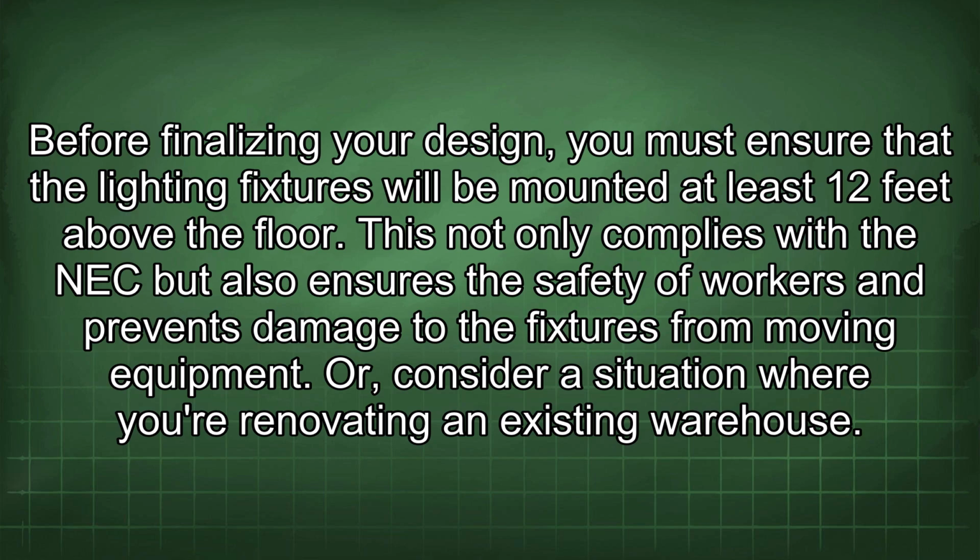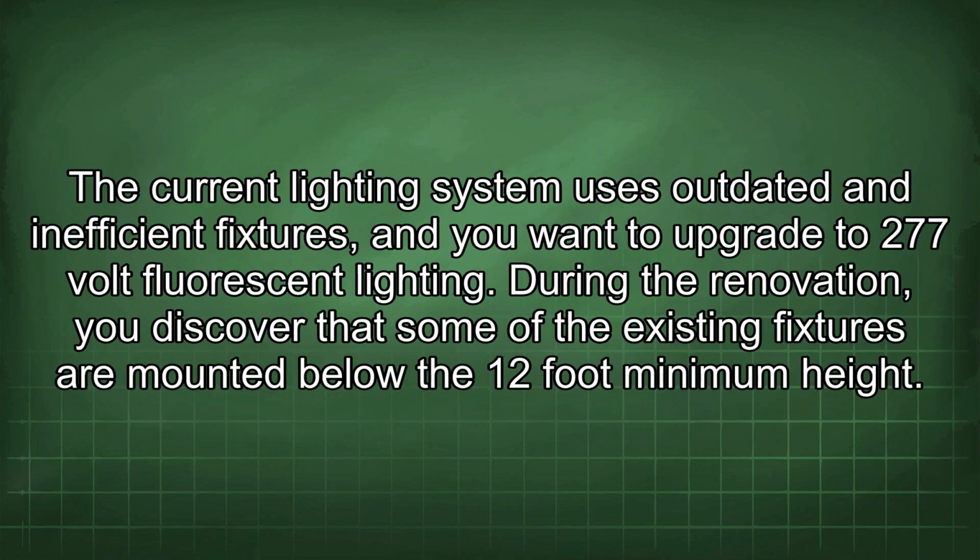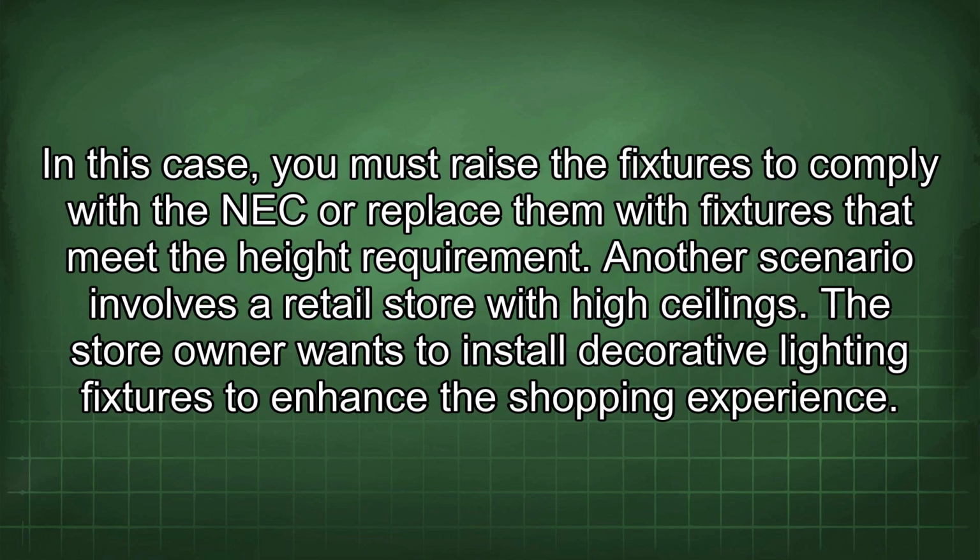fixtures from moving equipment. Or consider a situation where you're renovating an existing warehouse. The current lighting system uses outdated and inefficient fixtures, and you want to upgrade to 277-volt fluorescent lighting. During the renovation, you discover that some of the existing fixtures are mounted below the 12-foot minimum height. In this case, you must raise the fixtures to comply with the NEC or replace them with fixtures that meet